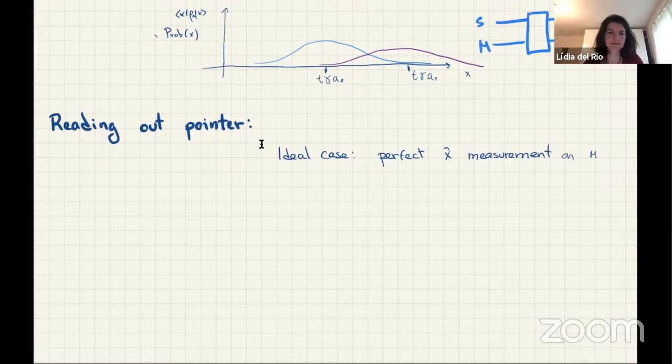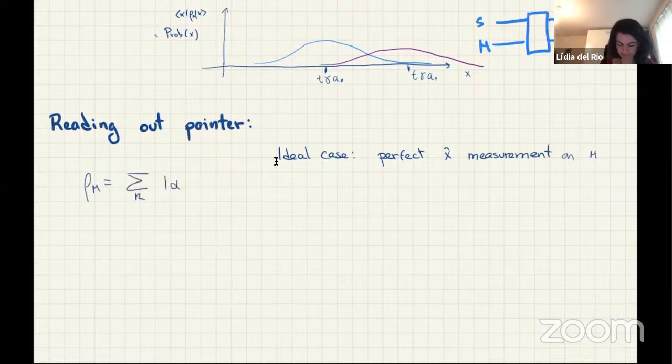So then let's see what the results are in this case. So if we measure, let's say, for example, we just want to know what is the average position of the pointer at the end. Okay, so we have this. This is the final distribution according to us, and we want to see what the position is. So we saw that the state rho m was the sum over k of alpha k squared.